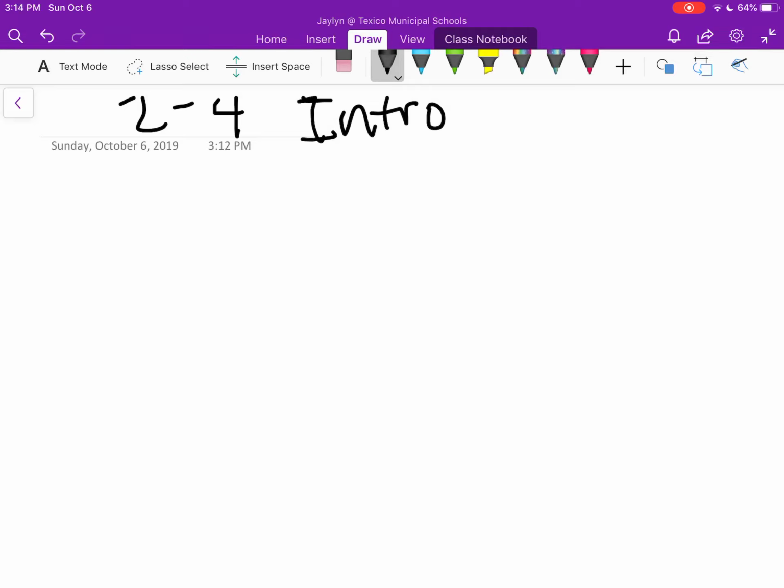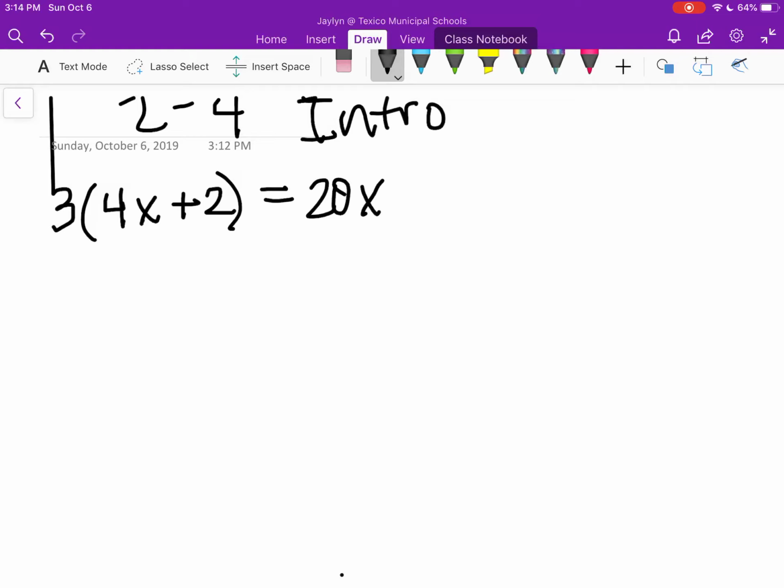So remember that the last week and a half or so we've been working with solving equations, and today's lesson is no different. As I told you guys the other day, we're just looking at equations that have infinitely many solutions and no solution. So the first equation that I'm going to show you guys is one like we've been solving. So if I have 3 times 4x plus 2 equals 20x minus 9x